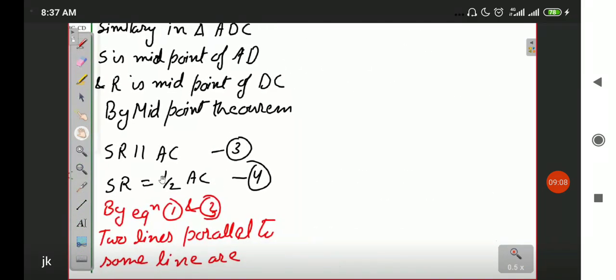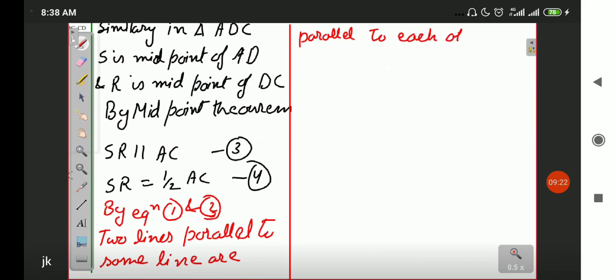Two lines parallel to the same line are parallel to each other. Okay, this is the first one. So we will have SR parallel to PQ, and secondly,